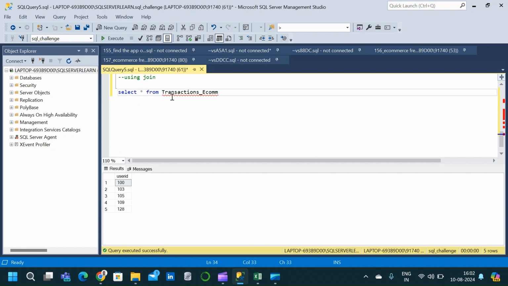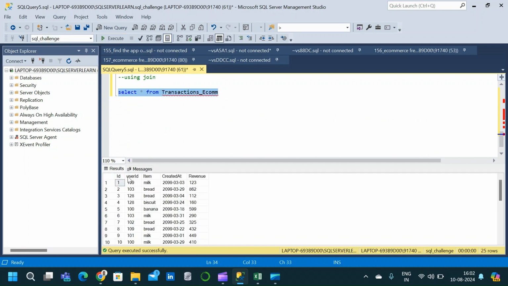Select star from transaction e-commerce table. Execute this and we will get all the columns from the transaction e-commerce table. Now we will consider the transaction e-commerce table as the T1 table, and we are going to create an inner join with the same table, transaction e-commerce table, and the